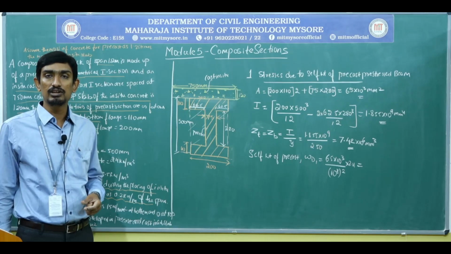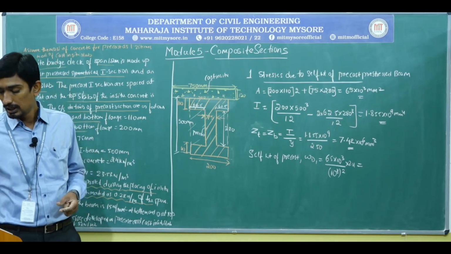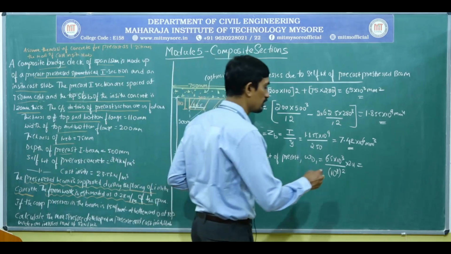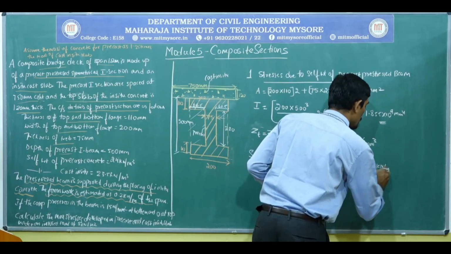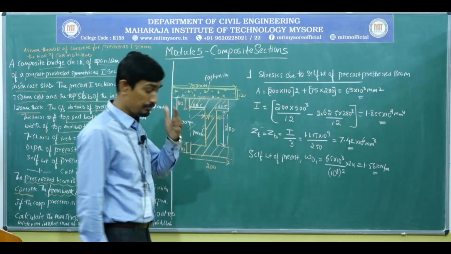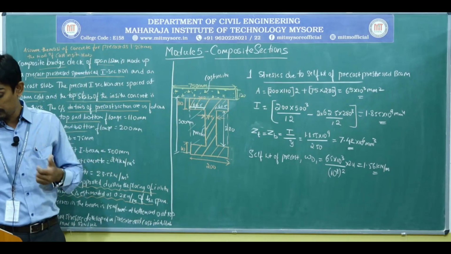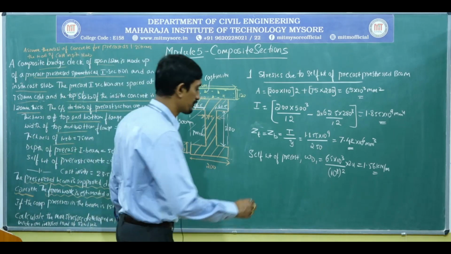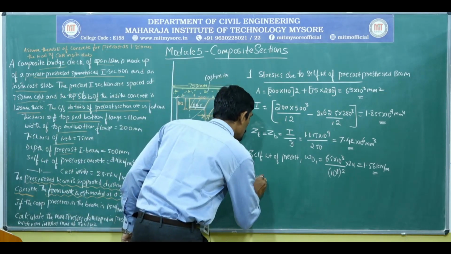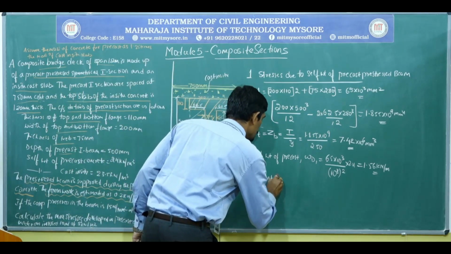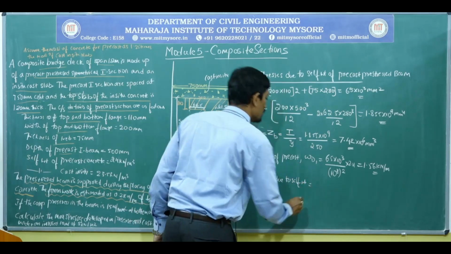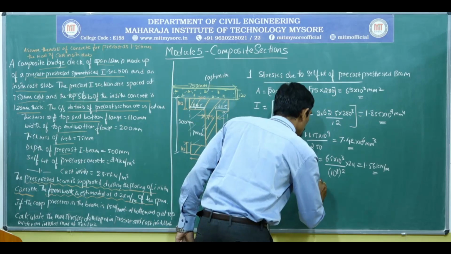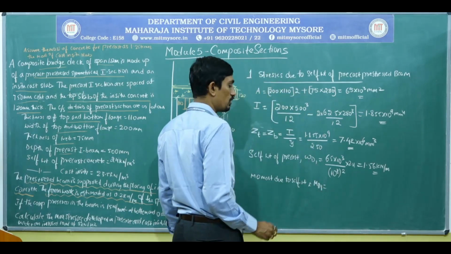Okay, and the density will be in kilonewton per meter cube, hence you need to manipulate this. So hence 1.56 kilonewton per meter. Next, moment due to self weight, okay, so that is MD1, which is equal to